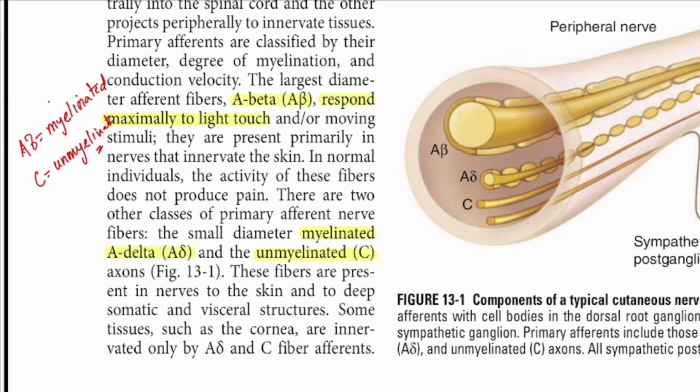Both of these are small. A delta is small myelinated and C is small unmyelinated. So this is written here: myelinated A delta and unmyelinated C. Both of these are sensory, and both of them carry